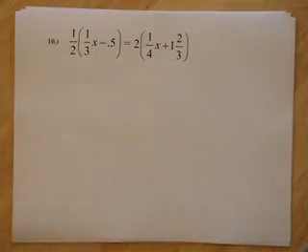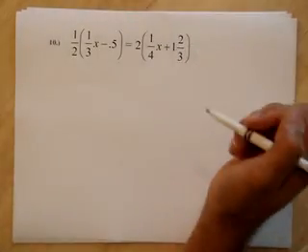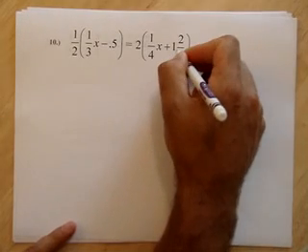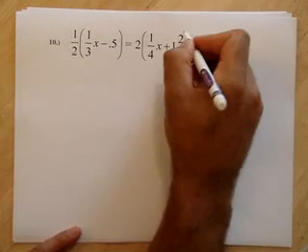Alright, now the next problem. We have 2 more to do. Do I have enough time? Let's see. Yes, I do. Alright. Ooh, man, I got another one there. Oh, gosh. I don't like this. I do not like this. Let's change. 3 times 1 is 3. 3 plus 2 is 5